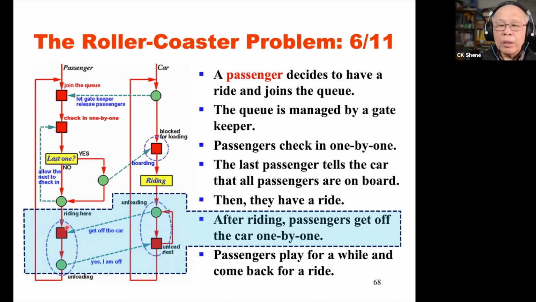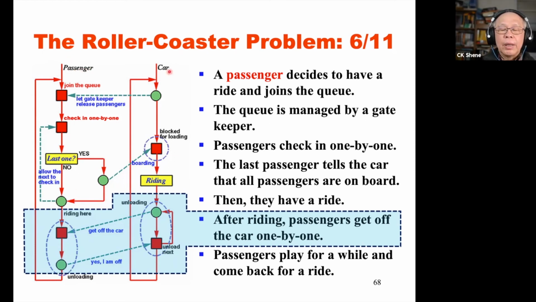So the passenger gets off the car one by one. A passenger could get off the car if the car tells him to do so. But the one who gets off the car must inform the car that I'm gone, you are able to kick the next one off. Then the passenger plays for a while and comes back for the next run. So this is for the passenger,